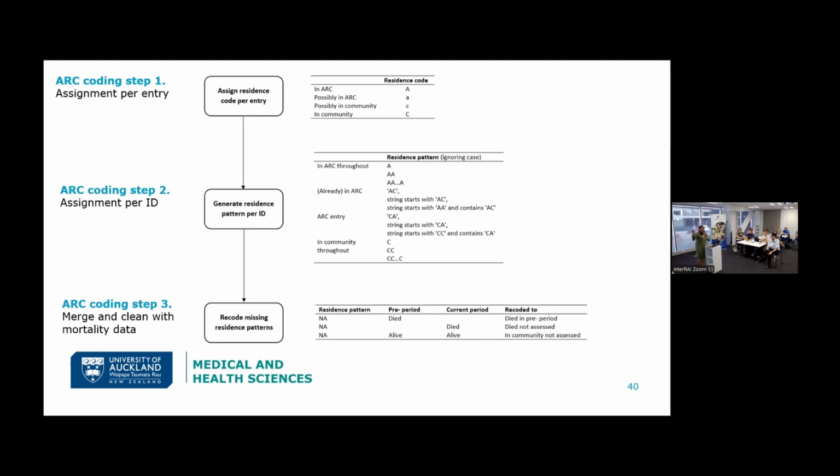But when we string them together, look at number 2. If we string them together, we can tell whether they're in ARC all throughout, or they're already in ARC and then they can switch back into community. So this was an interesting bit for us, that we found people who were returning to community after a substantial period of time spent in ARC. And then you've also got that from community going into ARC. So it's just that point of telling at what point did they move into ARC, so we can estimate the balance of care that they're getting.